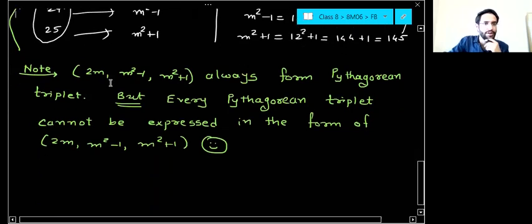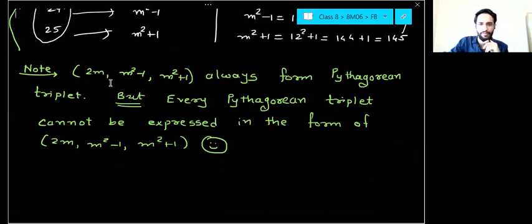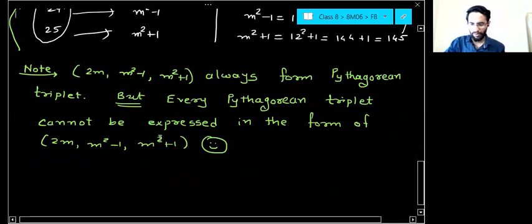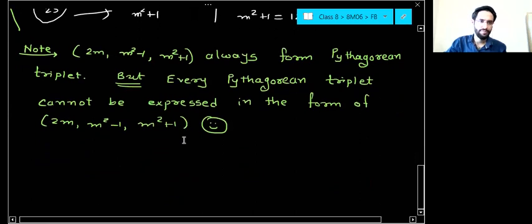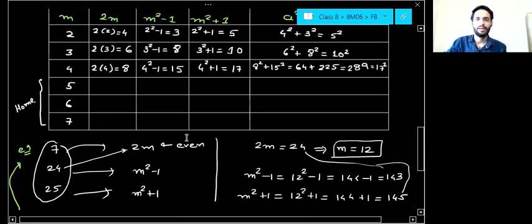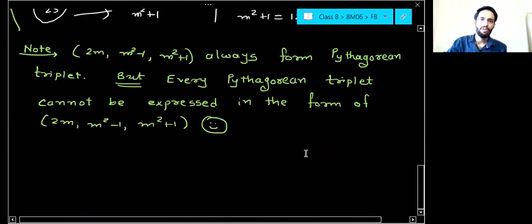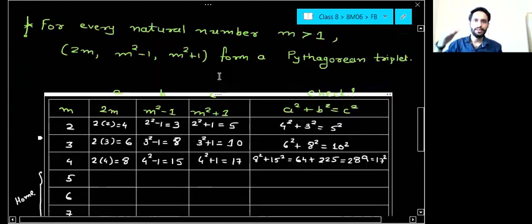Sir, it is like every rhombus is kite, but every kite is not rhombus. Yes, exactly, Safwan. Right, it is like that only. Every rhombus is kite, but every kite is not rhombus. Okay. Now, yes, converse is wrong. Okay. Now let me show you last property. Okay, so everyone understood these properties, right?